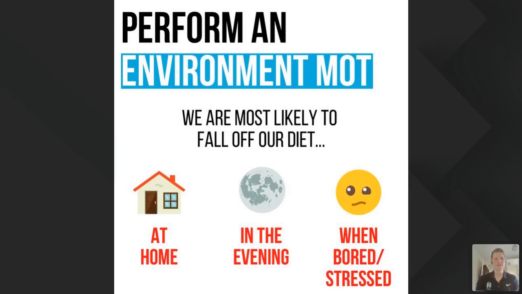And this is one of the biggest things I notice as common traits among people who don't struggle so much with dieting, who keep the weight off a lot better: they usually score much higher on these environment MOTs. Because we're most likely to fall off our diet at home, in the evening, and when we're bored and stressed. If your home is not set up particularly well for that, it's going to be much easier for you to grab the tub of Ben & Jerry's that's in the cupboard, or the pack of biscuits left out on the kitchen side and in view. However, if those things are not in your home, or they are hidden away in a space that's working for you, you're much more likely to make better decisions and not have to rely on willpower,